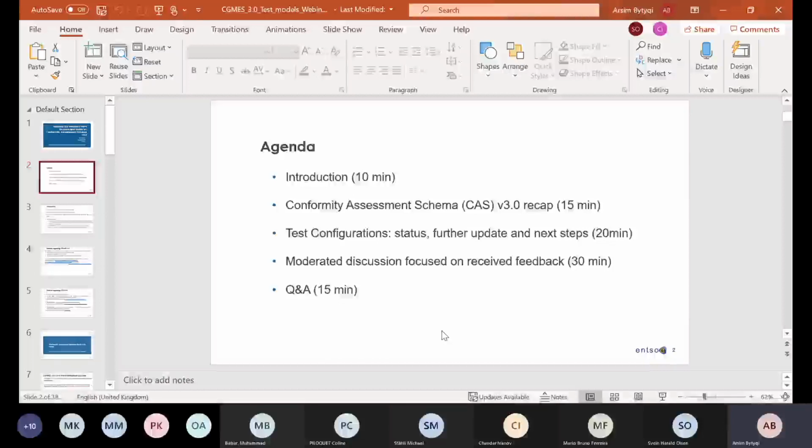The following section, we will discuss test configurations, status, further updates and next steps for around 20 minutes. Then we will have some moderated discussion focused on the received feedback for around 30 minutes. And finally, we would like to have some minutes dedicated to questions and answers, so around 15 minutes or more.